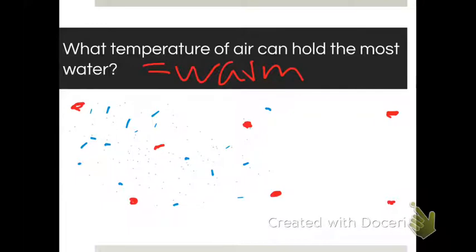However, if I had cold, dense air that comes together, I'll just make a little thing of it here. Because those air molecules are so close together, I'm not going to be able to fit nearly as much water vapor in between them. So warm air holds more water vapor because it expands. And if it expands and spreads out, there's more room for water vapor to fit between air molecules. Cold air gets really close together, it condenses, and because it's so close together, there's just not enough room for water vapor to fit between it. So warm air does hold the most water vapor.